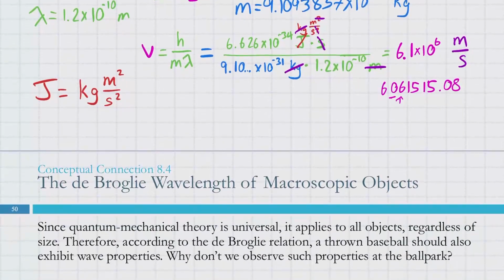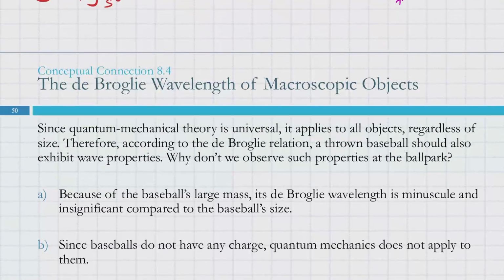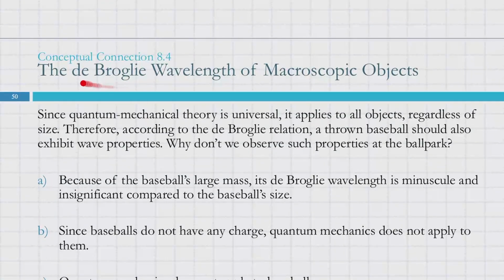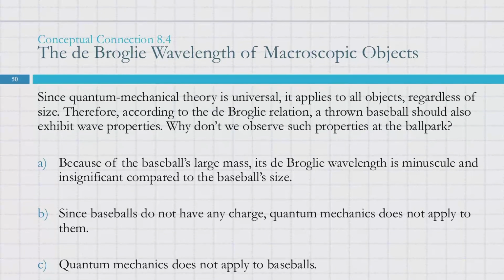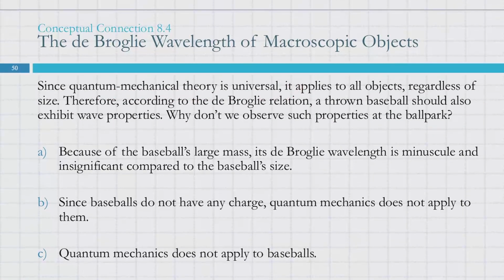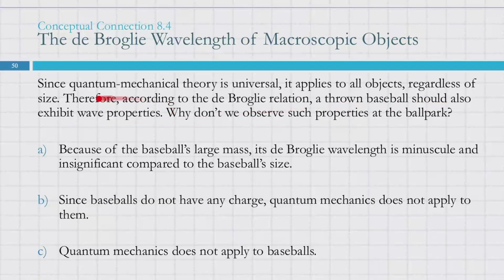All right, another thing that we can do with the de Broglie wavelength, you can also calculate de Broglie wavelength for macroscopic things that are in our realm of the world, our size of the world. So quantum mechanical theory is universal. It applies to everything. So like a thrown baseball should also exhibit wave properties. Why don't we see baseballs exhibiting wave-like properties if we go to a baseball game? Where like a quarterback throws a football and it passes in a small slit between two people. Why don't we see it diffracting and exhibiting this de Broglie